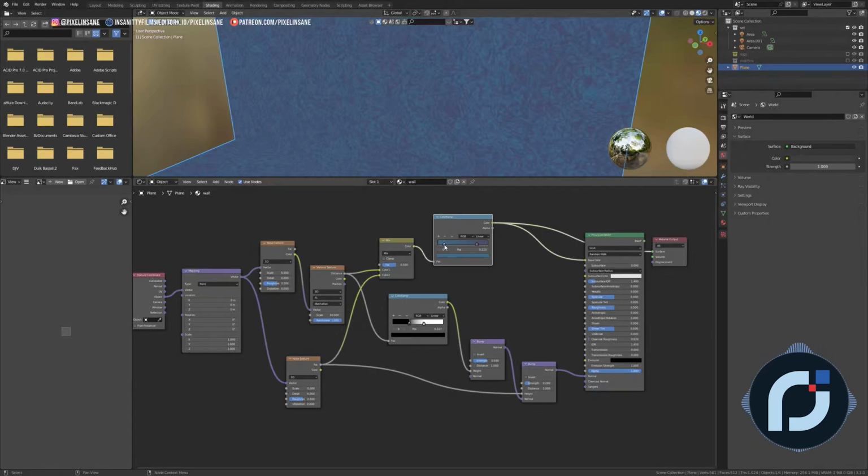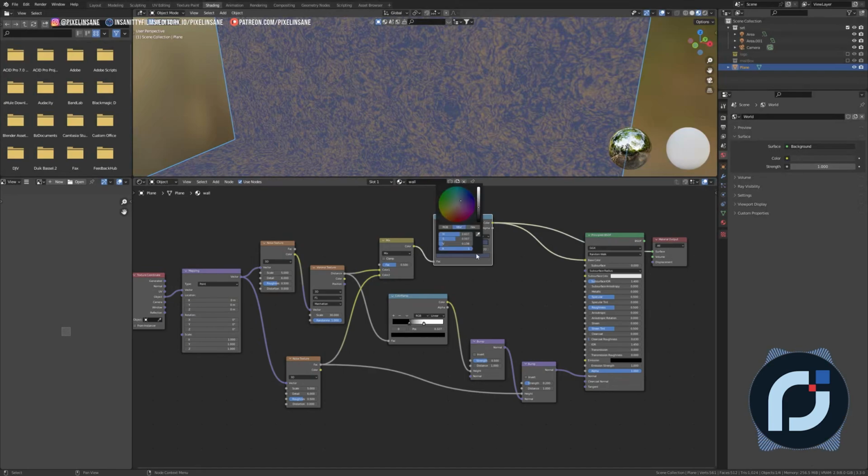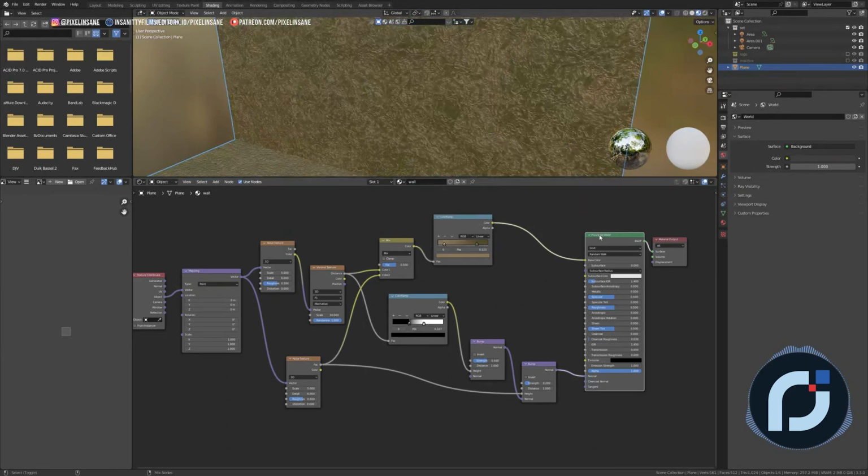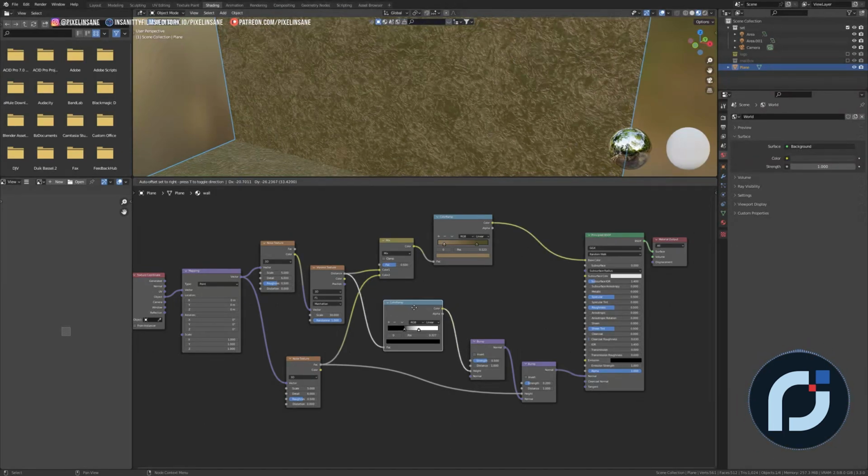We can change the colors right here. Let's make it like that. And this one, let's make it another color, something like that. Well, it's not really like a wall color, but yeah, we can try and make it a little bit more wally. I don't know, I'm just messing around. That's for the color. And go back to the Principled BSDF, and then we have a color ramp that is